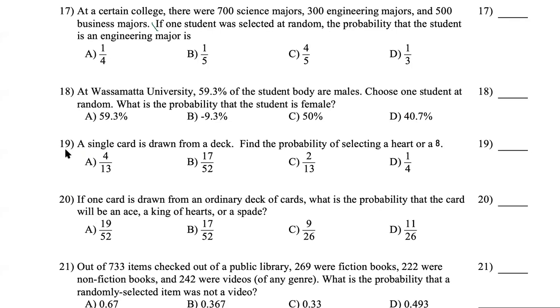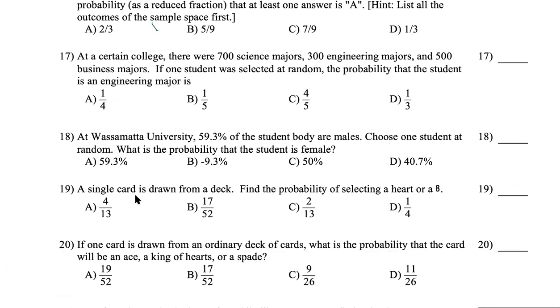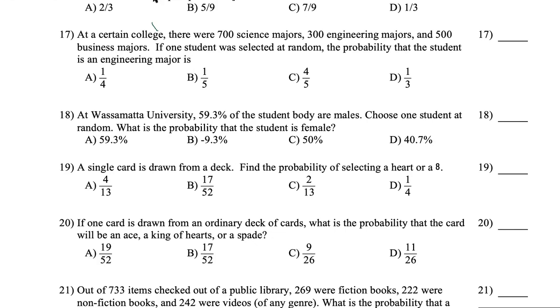Okay, I do want to cover number 19 here. A single card is drawn from a deck. Find the probability of selecting a heart or 8. Everybody? Right? So remember, probability is something divided by something. So in this case here, we have